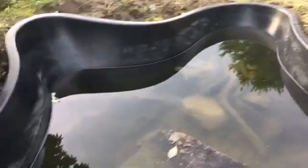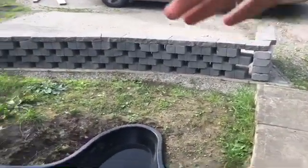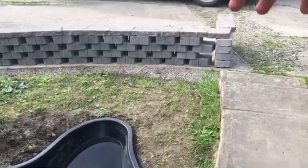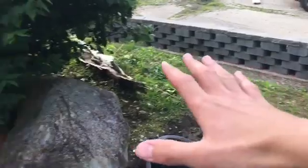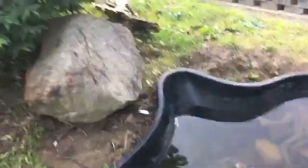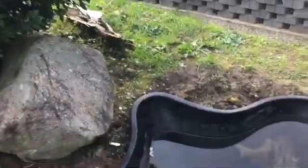This is the pond. Now what we're going to do is we have this wall here. Right now we just have it set out there. We're going to be putting it in, obviously, and then this whole area will be rocks, and there'll be a fence around this as well. So then there'll probably be a waterfall right here, and this whole area here will be fenced in